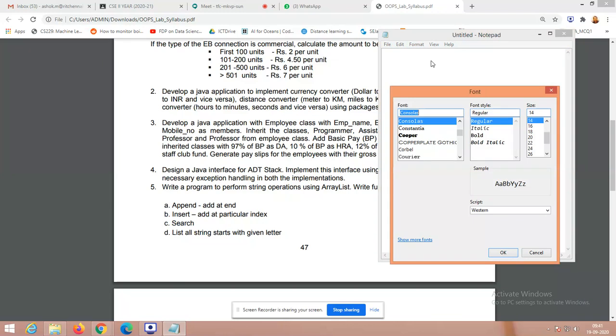I have not received any SMS or WhatsApp messages from students, so no one has done the exercise. No issues. I think you are busy in your regular classes.